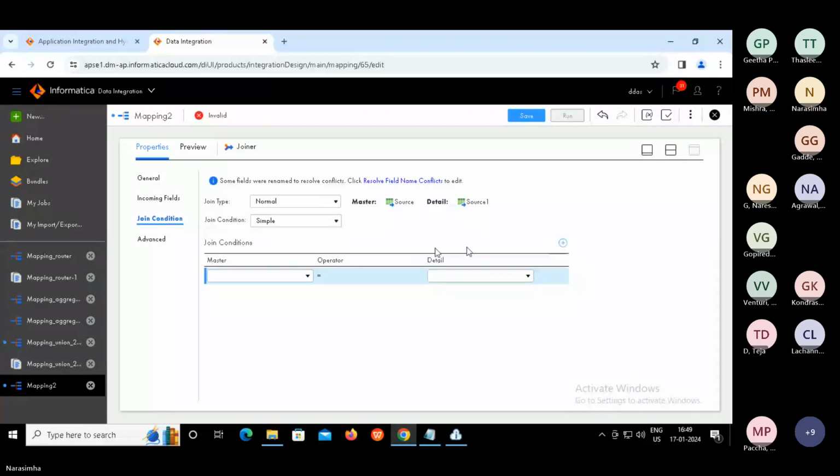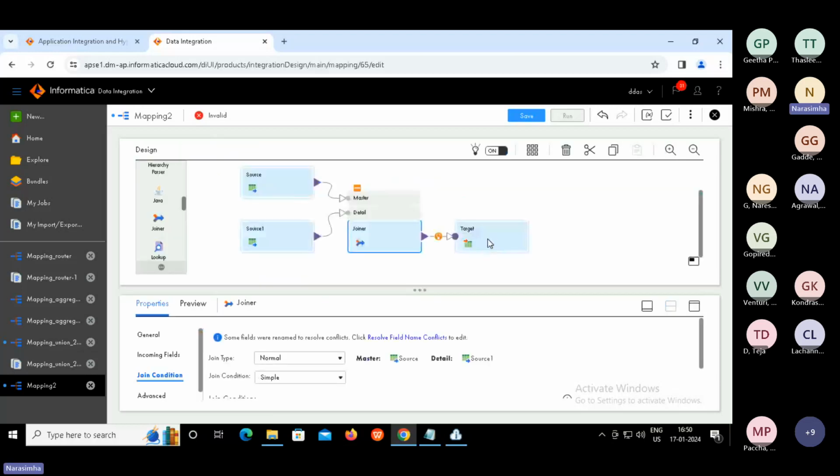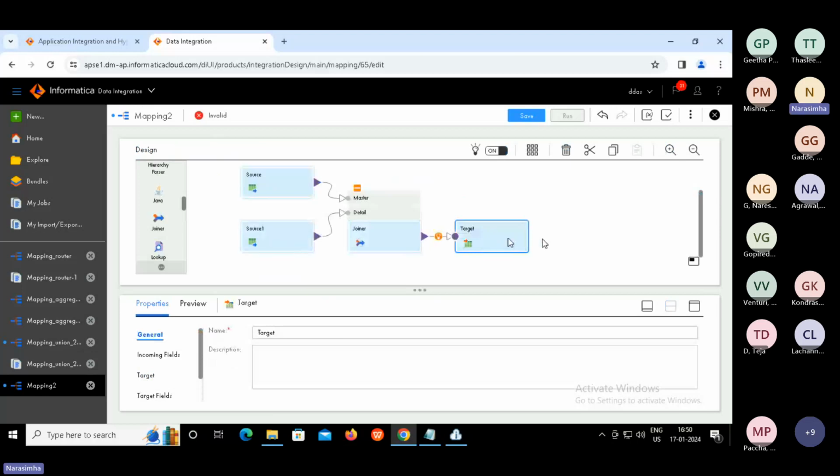Click on plus and select C1 from master and C1 from detail. That's it. Now configure the target.